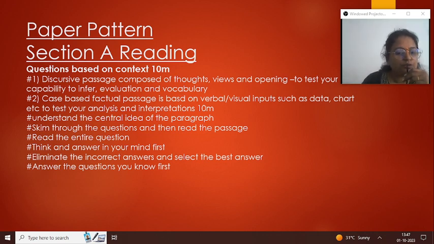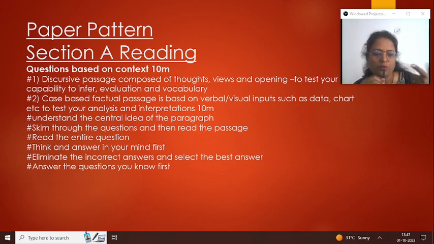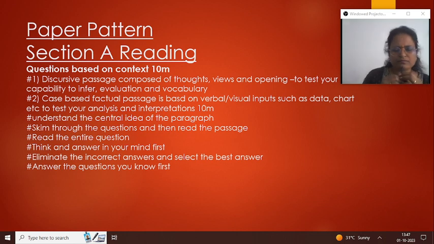Answer the questions you know first, right? A few questions in the passages are such that as soon as you glance through, or just take a photo of the paragraph, you will be able to know the answers quickly. So tick that one first in the question paper and start with that. Be confident. Whichever you feel are the easier ones, attempt those first, and then go for the difficult ones. But try to solve them in sequence, so it becomes easy for your evaluation when you complete the paper, A, B, C, D, whatever is the sequence of the questions. That should be together in a proper way.